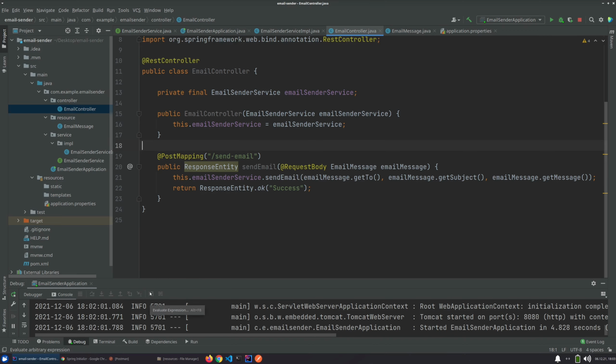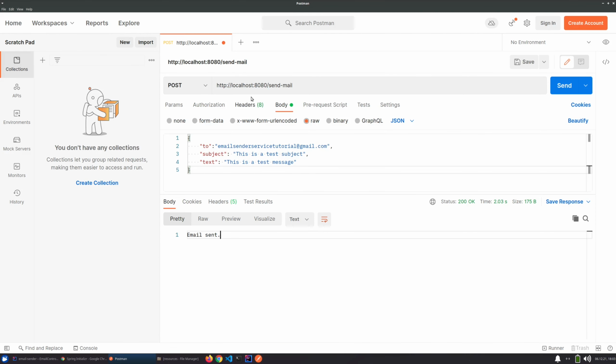So in order to test out this API post route, I'm going to be using Postman. And I already filled out the data here, as you can see before. But what I have here is a post request to localhost 8080/send email. I chose here to use a body, and I chose the raw format, and I chose JSON here. And what I have in the JSON is a parameter to, which is to which email to send it. I'm going to send it to my own email here. This is the subject, so it says this is a test subject, and this is the text,